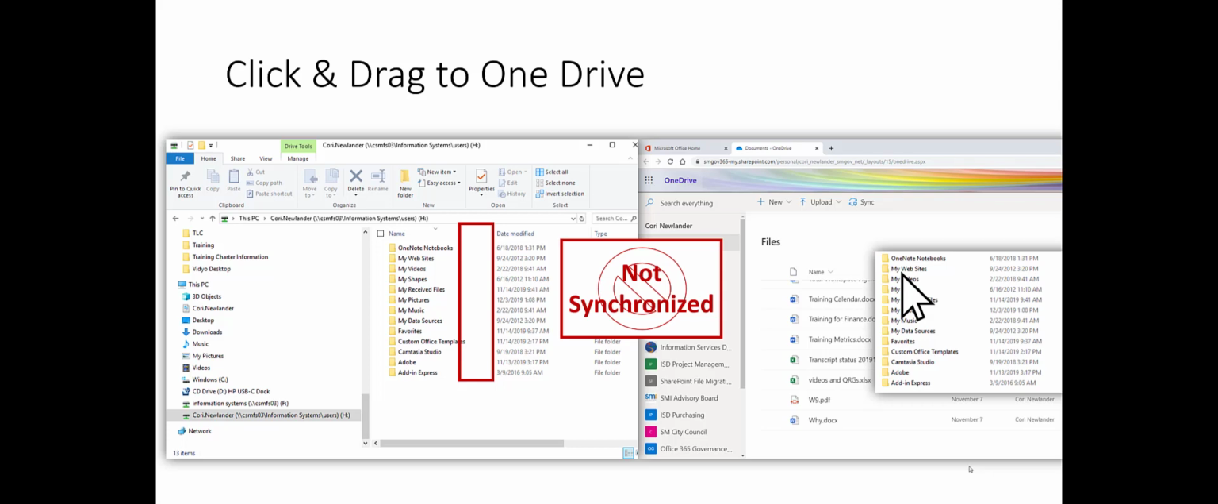You have to actually move stuff to your OneDrive. We're not currently going to be synchronizing anything there. So while you may be in a position of migrating years worth of data from either your H drive or Rent Control, your U drive, over to OneDrive, it also may be a really good opportunity to